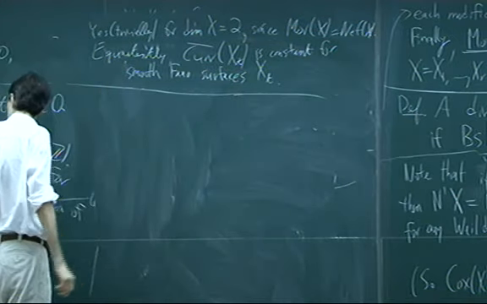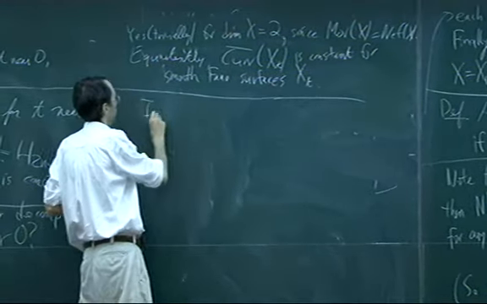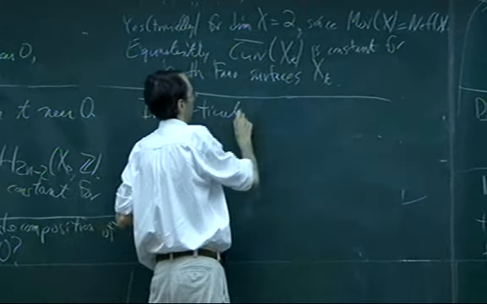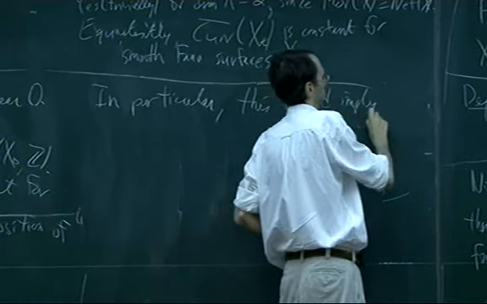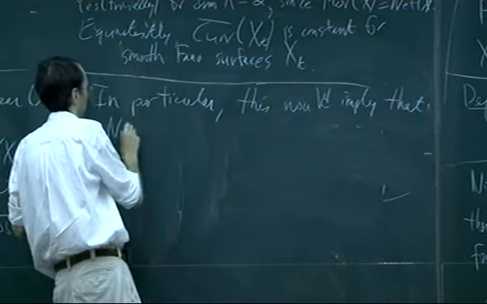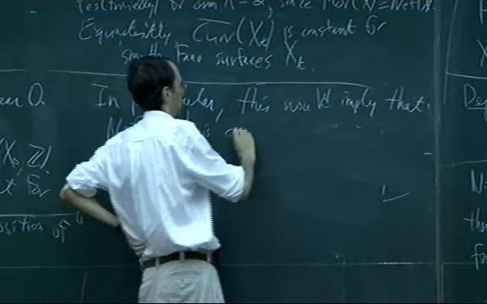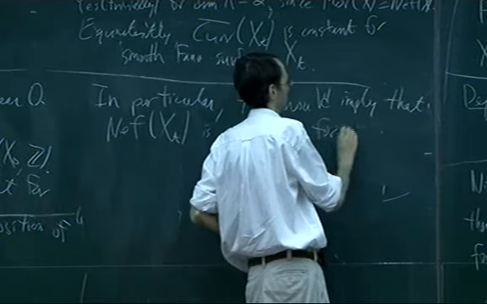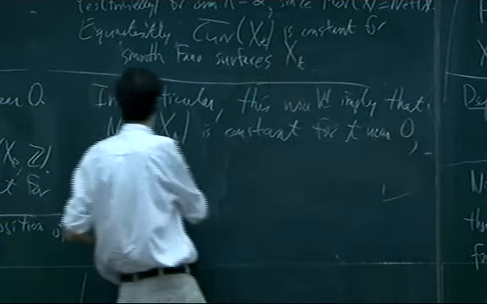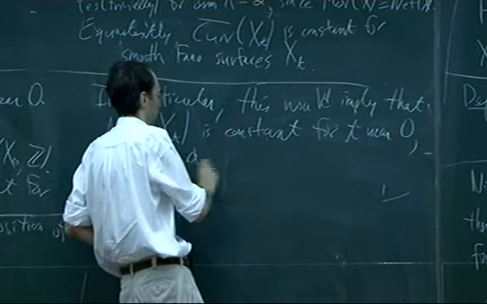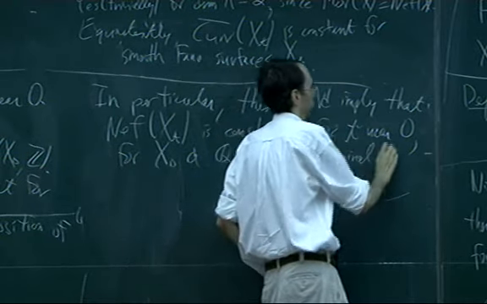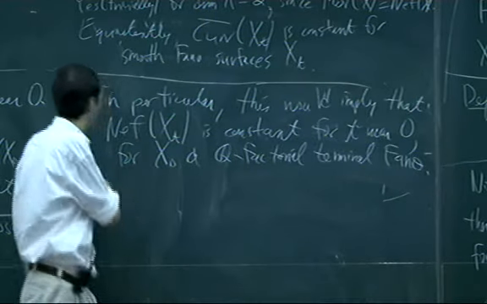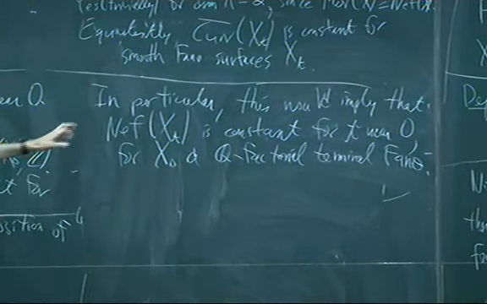So what can you say about this? Let's say in particular, this conjecture would imply that the Nef cone of a Fano variety is constant as you deform it. Just to emphasize, for a family where X naught is a Q-factorial terminal Fano variety. Right, so that's the most concrete part of this question.